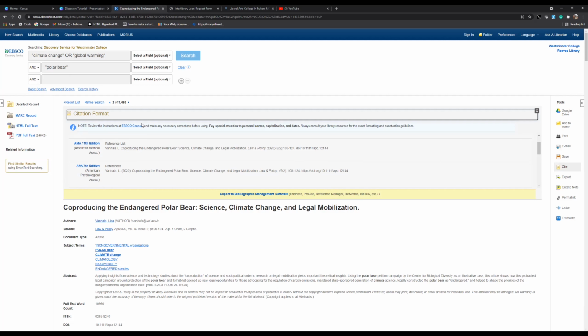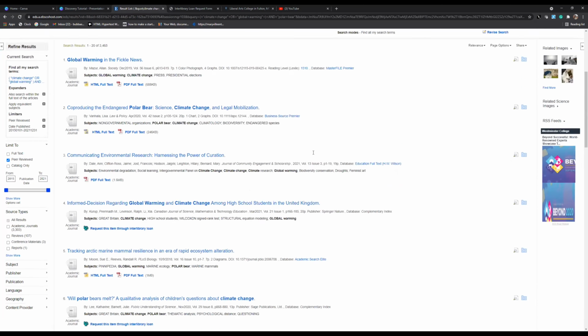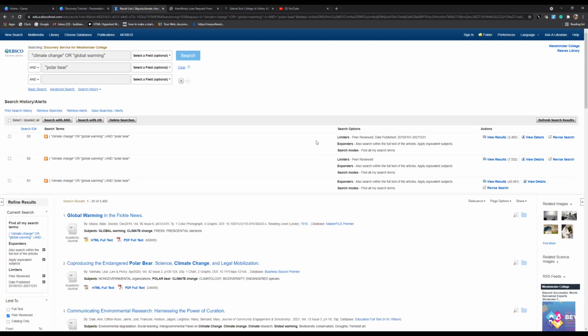Before we wrap up today, there's one last thing I want to show you back in the result list. So if we go back to our main search results here, there's actually some ways that we can save our search and pick up right where we leave off later on. So if you've started a search maybe in class, or you just don't have time to keep searching and you want to search again later, but don't want to start completely over from scratch, you can actually send this search results to yourself. So under our search history, you can click on the share button, and it will give you